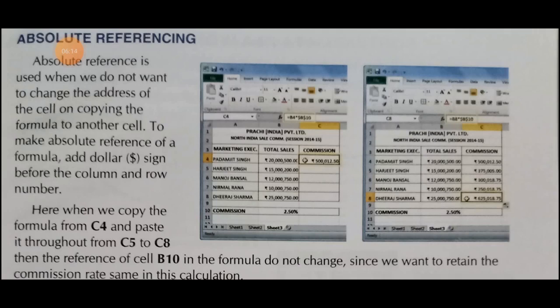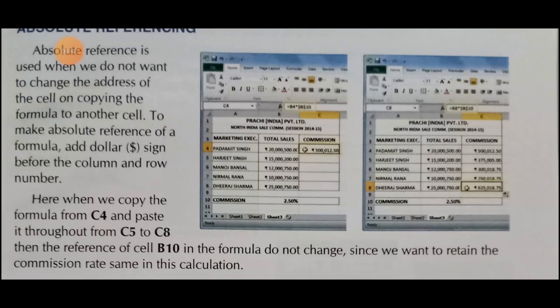To make an absolute reference of a formula, add a $ sign before the column and row number. If you are applying the absolute reference of a formula, firstly we add a $ sign before the column and the row number.